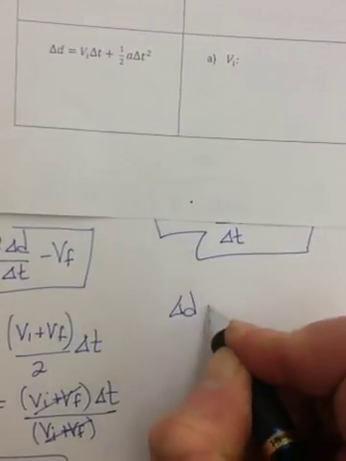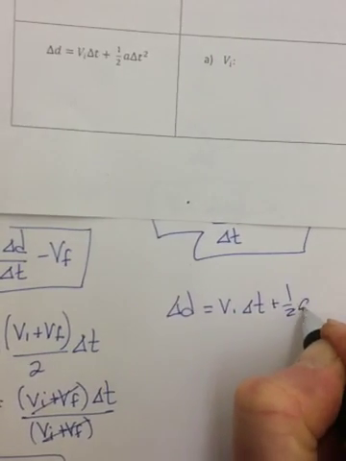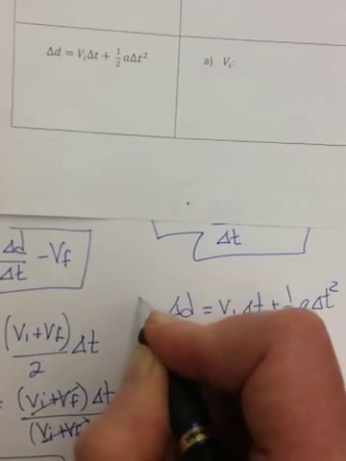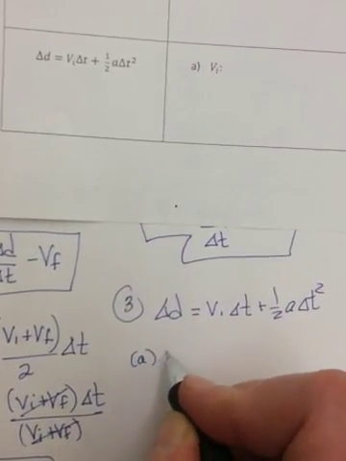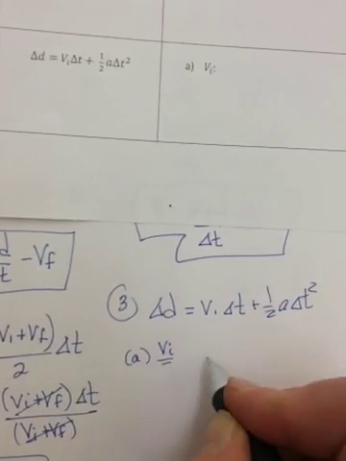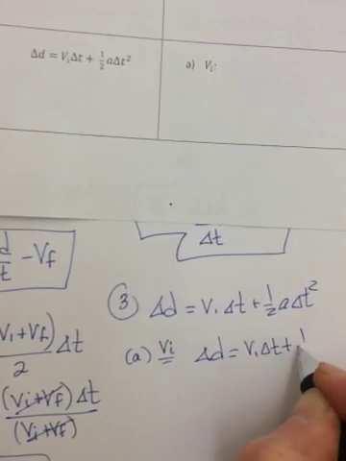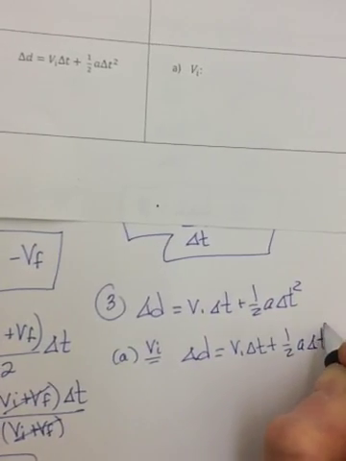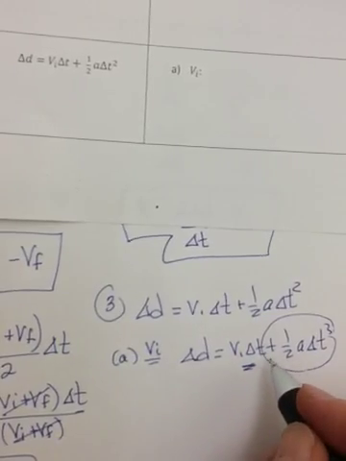All right, so the new equation is delta D is equal to VI delta T plus 1/2 A delta T squared. And the first one wants us to solve for VI. Okay, so delta D, going to run out of time, VI delta T, 1/2 A delta T squared. We want to get the VI alone, which means we need to get rid of this term first. It's added, so